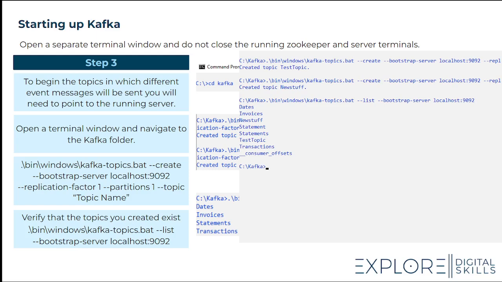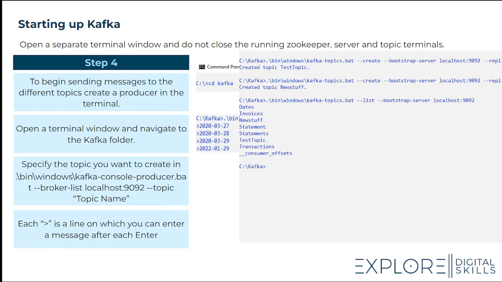So that's what your consumer offsets are, but we're not going to go into too much detail around that. What we just want to do is be able to identify the number of topics that we have. So we now have a clear idea as to how many topics we have. So we're now going to go into the next step,